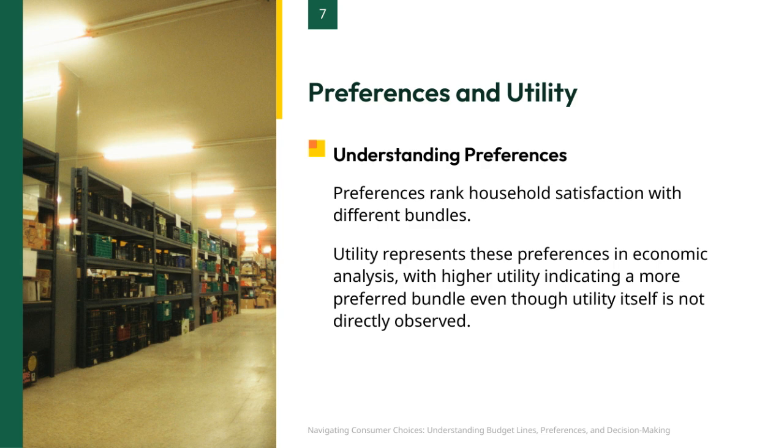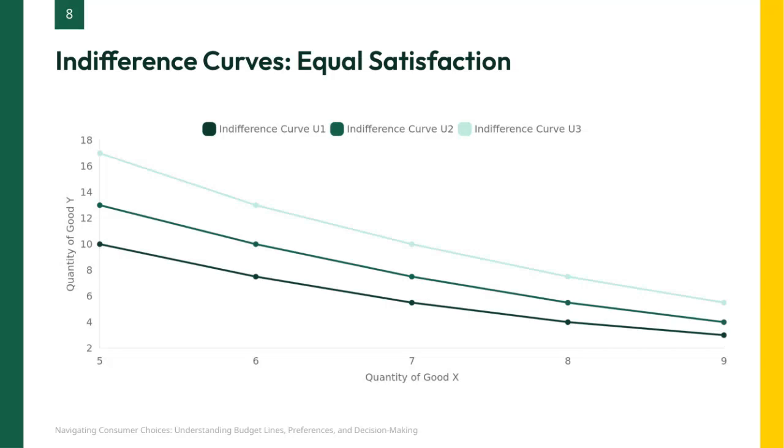The image here, showing a person in a storage area with various food items, ties into the idea of selecting bundles based on what satisfies needs best. Here we see three indifference curves labeled U1, U2, and U3, representing different levels of consumer satisfaction. Each curve shows combinations of quantities of good X and good Y that provide the consumer with the same level of utility or satisfaction. Notice how, as we move to higher curves, like from U1 to U3, the quantities increase,